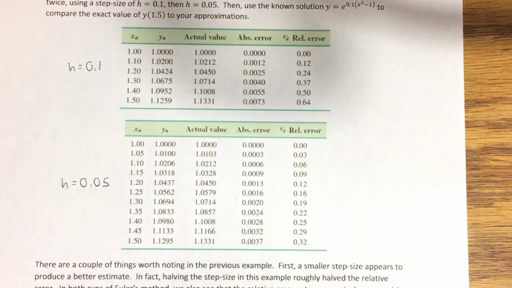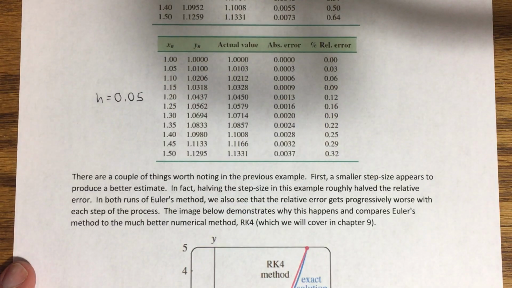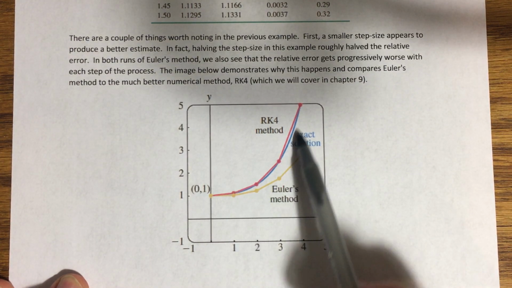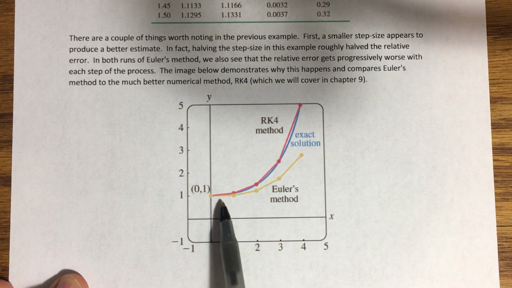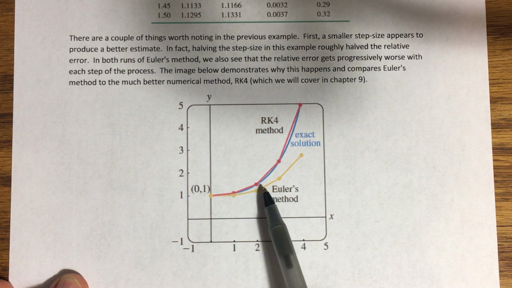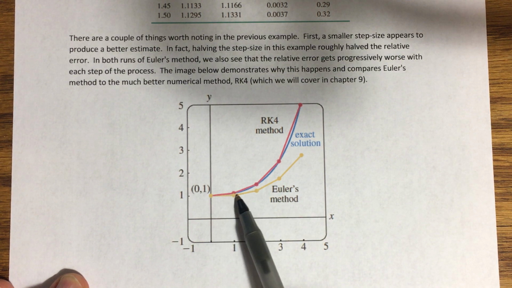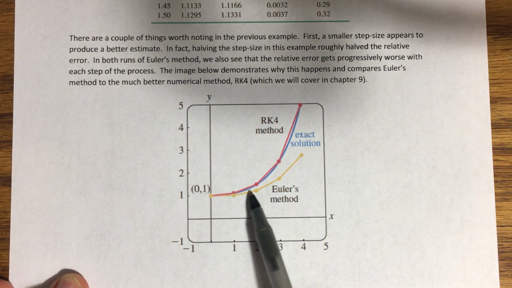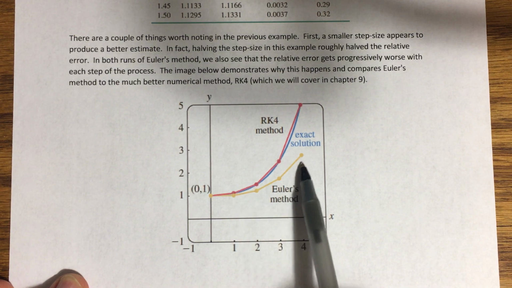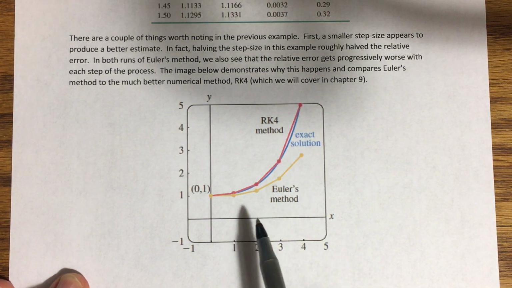Okay? Now, this image is sort of illustrating why that's happening. If this is my solution curve, this blue curve right here, with Euler's method, you can see, even though we're adjusting these lines here, these approximations for tangent lines, it's kind of creeping further and further away from our solution curve. Okay,